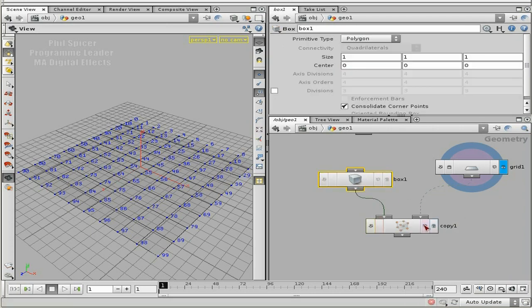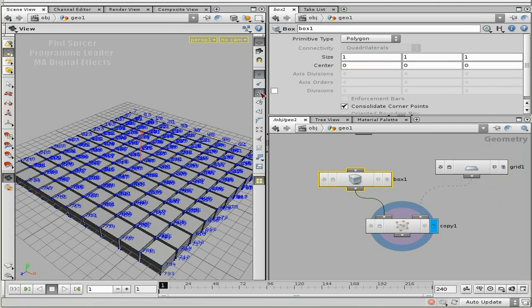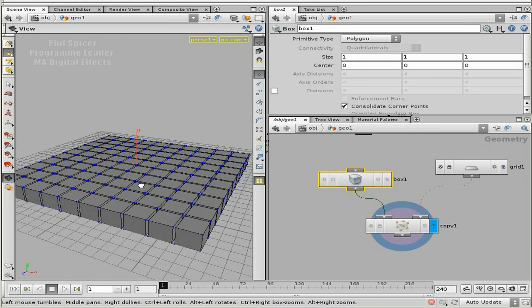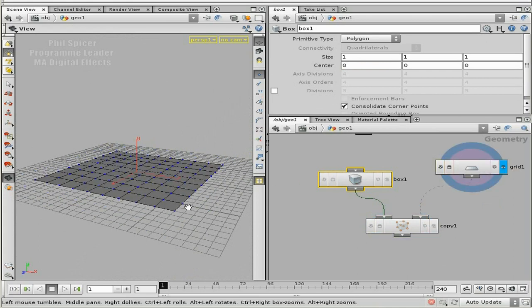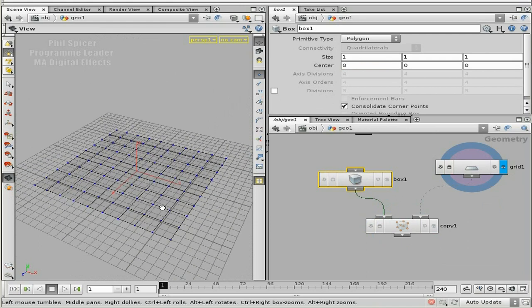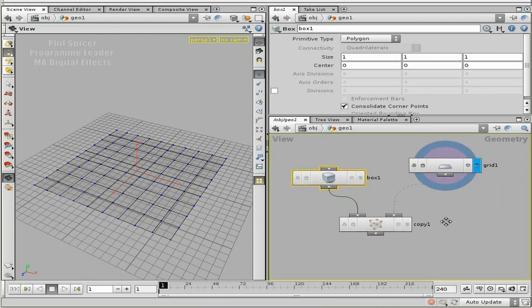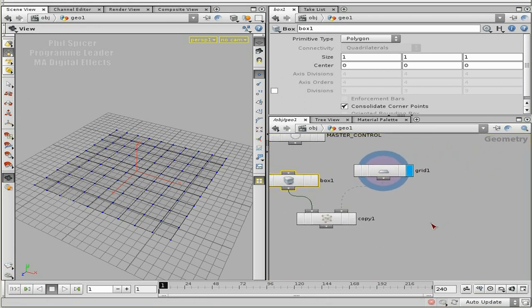Right. And if we look at it, we've got all our boxes copied onto the grid. So now what we need to do is make sure that these points of the grid, the points that drive the box information, start to move around and get information from the particle system. First of all, I'd like to talk a little bit about grouping, because